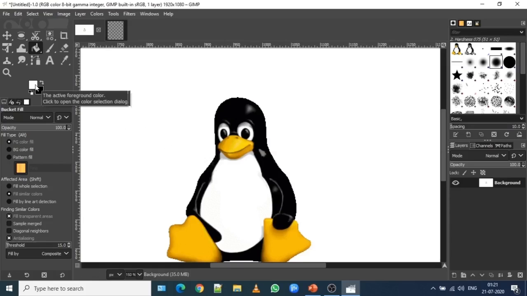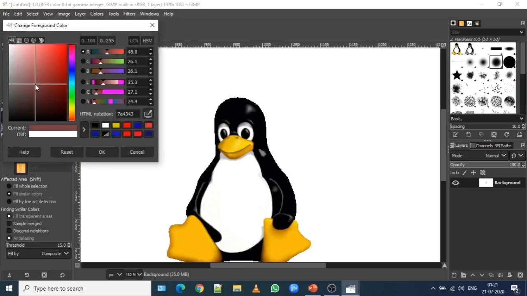So let me take a proper color. Click on the foreground color, which is showing white right now. Double click on it and take a suitable color of your choice. So I'm taking this, a bit lemon color is fine, or a bit orchard color is fine.